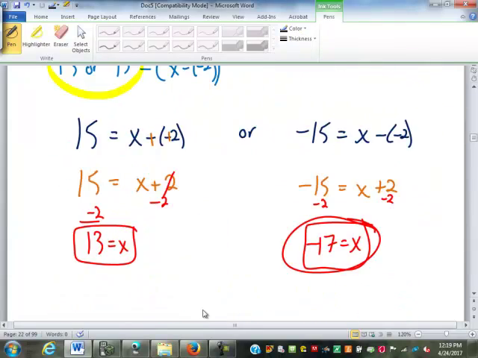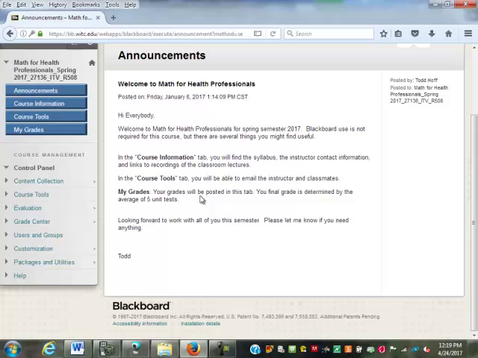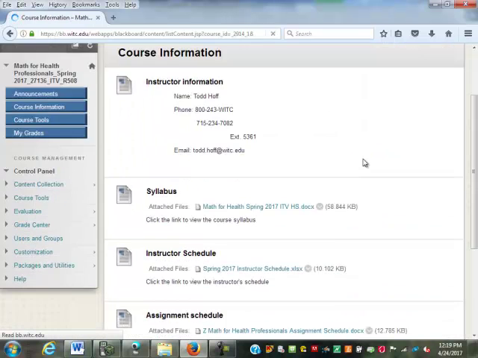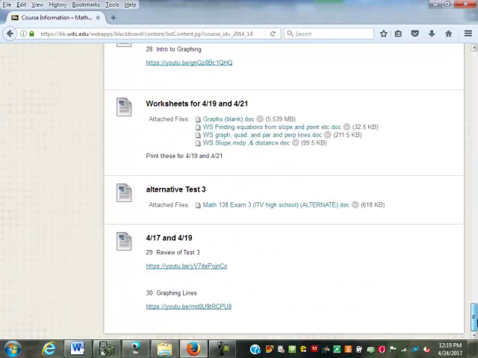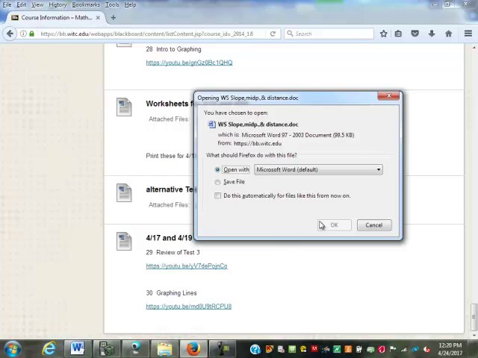Your homework for today is actually out on Blackboard. If you go to Blackboard for this site, course information, you scroll down. It's a couple of sections up here. You see there's a bunch of worksheets for 419, 421. We didn't get that far, so they're still here. What we're looking at is the bottom one here, worksheet slope, midpoint, and distance. So if you open that one up,